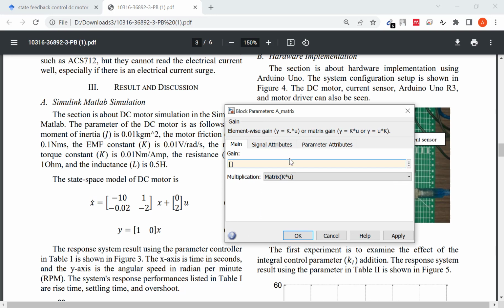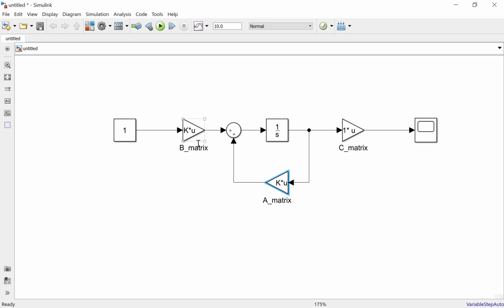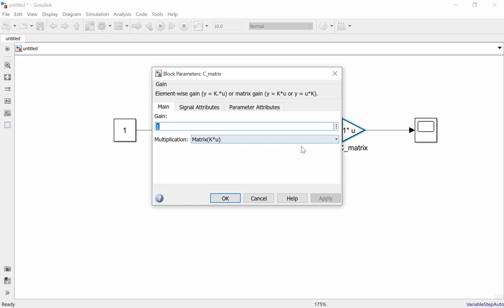The A matrix is -10 and then 1 and then -0.02 and -2. Okay, this is for the A matrix, B matrix, and also the C matrix 1 and 0.